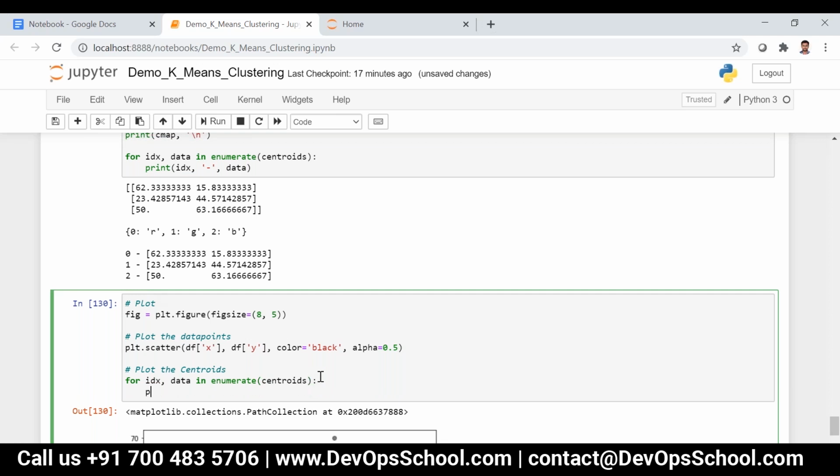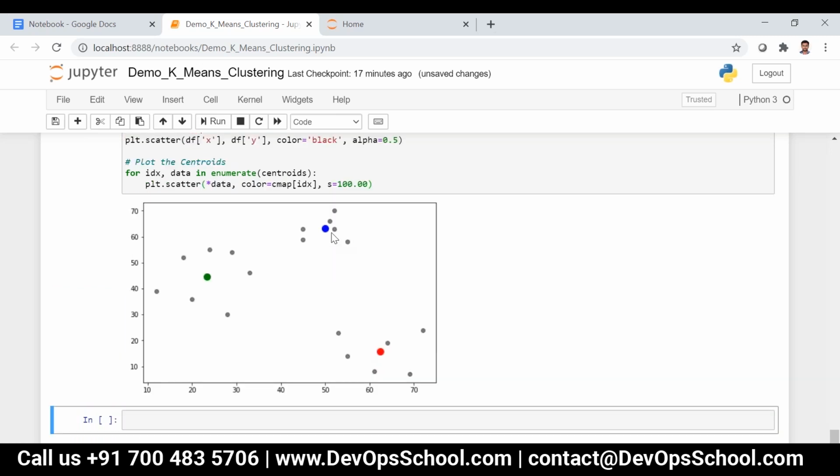So for that we need plt.scatter. I can say star data, comma color is equal to cmap of idx, comma s is equal to 100. So now you can see red, green, and then blue, something like this.